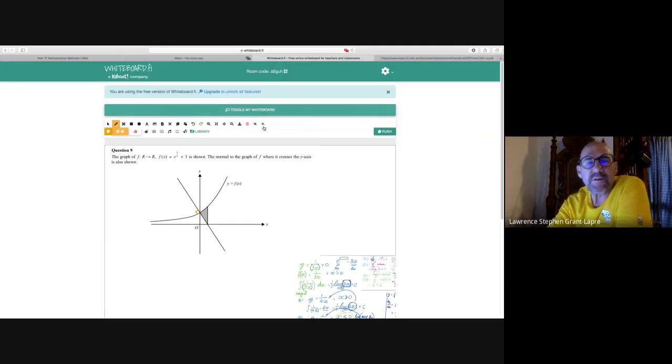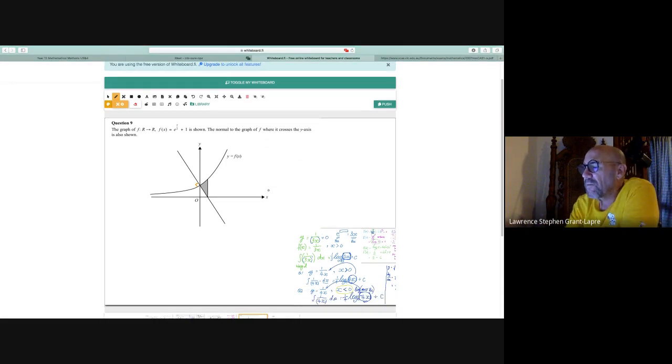All right, so let's have a look at our final question from this series. We've got here the graph of a function, y equals e to the power of x over 2 plus 1. The normal of the graph, where it crosses the y-axis. So here we've got 90 degrees to the curve. And we want the area